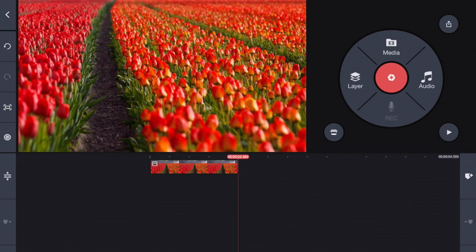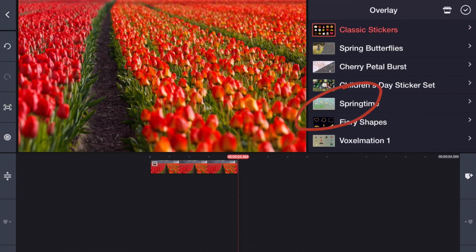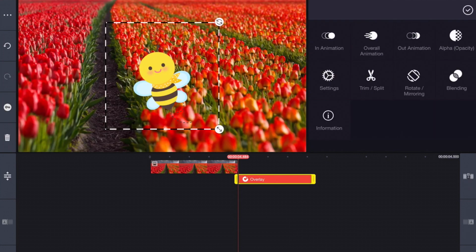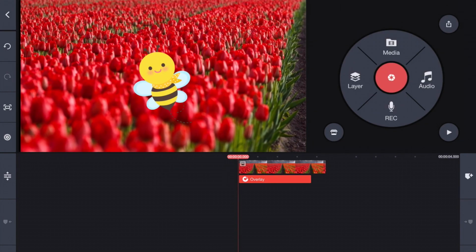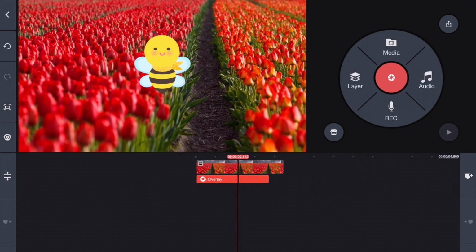Let's animate a little bee from the overlay library across the screen. Click the layer button, then click Overlay. I have already downloaded the Springtime Overlay set, which you can find by clicking into the KineMaster Asset Store here. With Springtime selected, choose the bee from the top right, and the element will be placed onto your page. Notice that the wing movement of the bee is already animated, so all we need to do is animate it